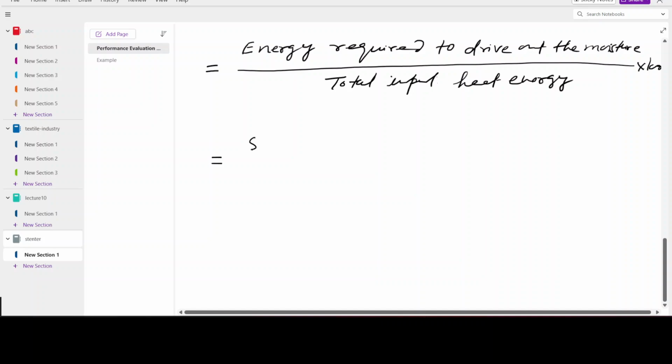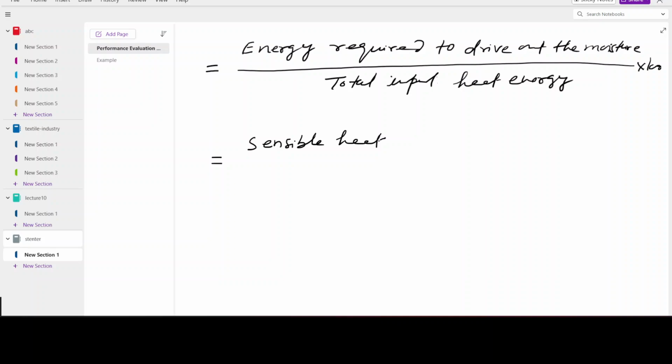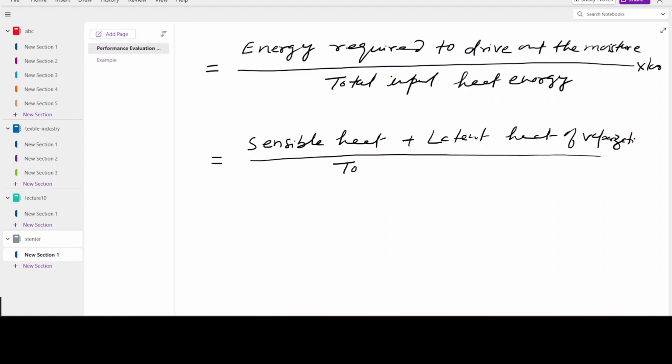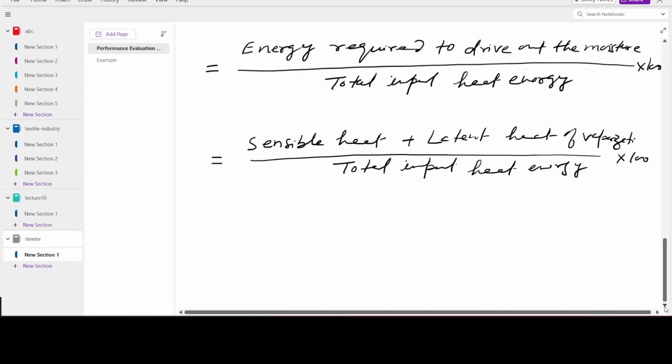It is the sum of sensible heat plus latent heat of evaporation, divided by total input heat energy into 100. And as we know, sensible heat